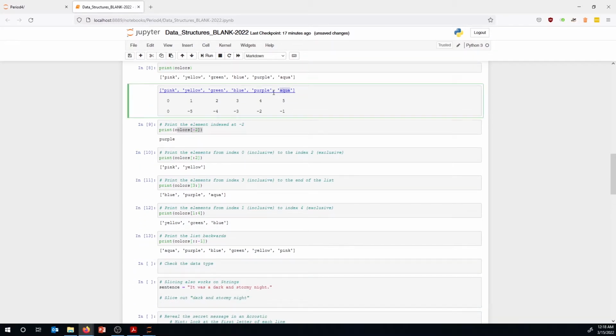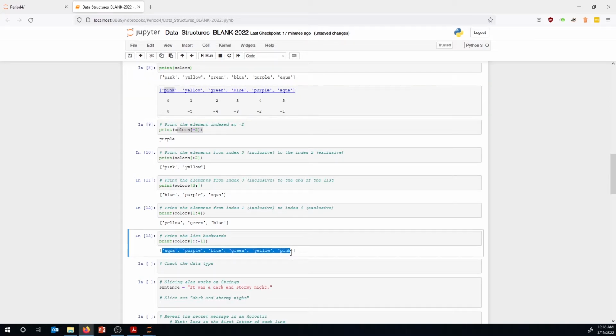So aqua, purple, blue, green, yellow, pink. I'm working backwards through my list. I've reversed my list by simply putting colon, colon, -1 there. Pretty cool. Now, as you work through Python, one thing you're going to notice is there's so many data structures,